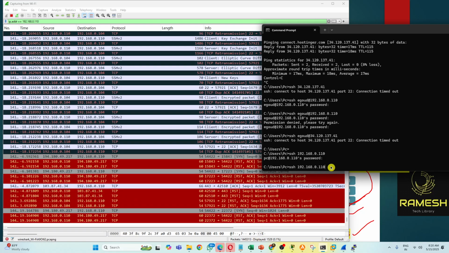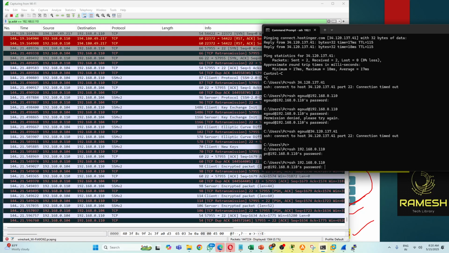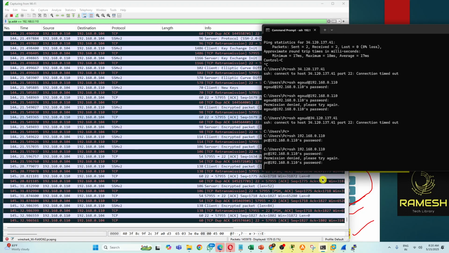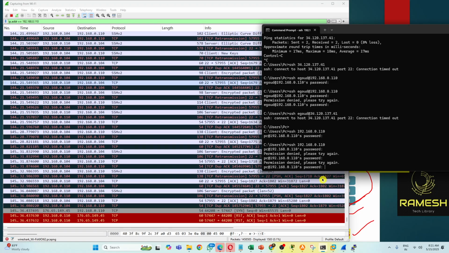Okay, so now see, I'm trying to log in, but something is wrong, I'll give a wrong password. It should show wrong password, right? Yeah. So finally, it is giving a reset flag for another.